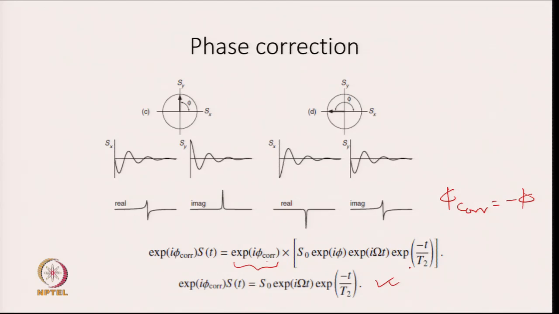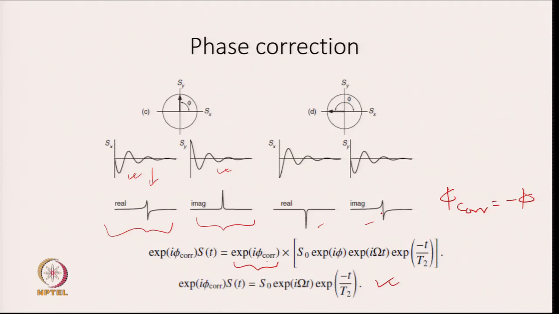So, look at this. If the phase, this phi value, is 90 degree, then this will become sin modulated, this will become cos modulated, and then the Fourier transformation of this will look like dispersion, and the Fourier transformation of this signal will look like the imaginary part, which will look like your absorption. And if phi is equal to 180 degree, then real and imaginary will look like this.